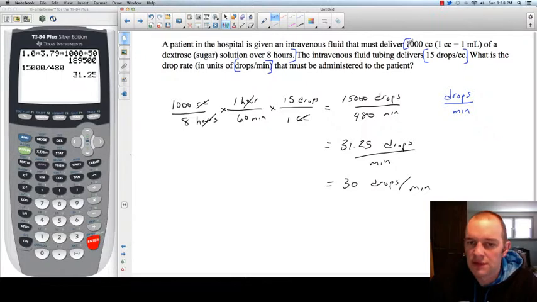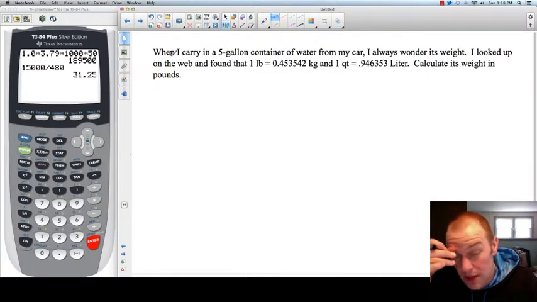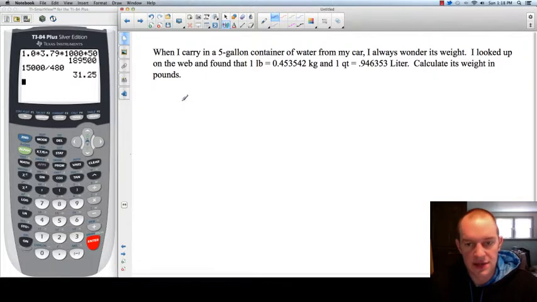Similarly, we had 1 significant figure to start. We want to make sure we have 1 significant figure to end with. The last example is a little bit more of a doozy, but I like this one for a couple of reasons. Mostly because it allows us to string a lot of units together, but also because it allows us to